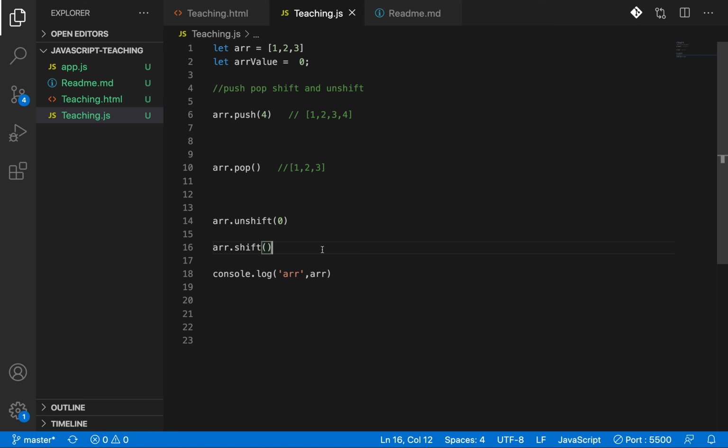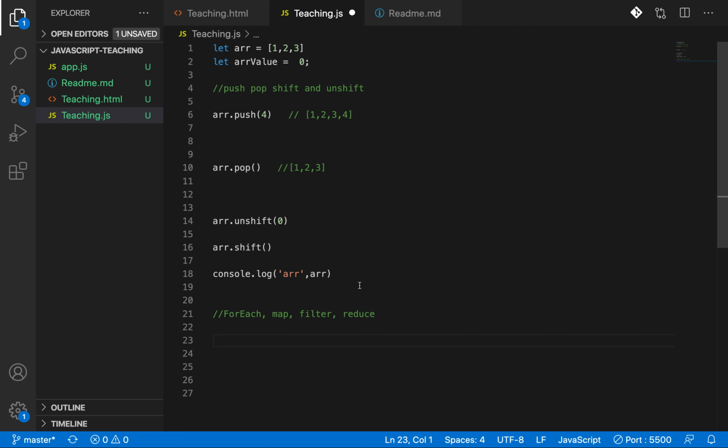Okay, and let's look into some methods for iterating the array, like forEach, map, filter maybe, and reduce. Let's look into these methods.